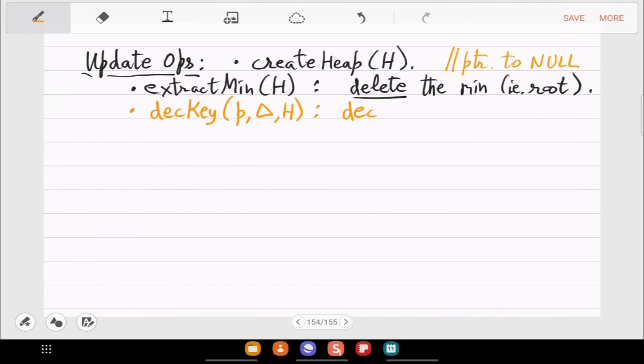So decrease the value of P by delta and maintain the heap. The same thing goes without saying in extract min also. Delete the root, but then make it a heap again.